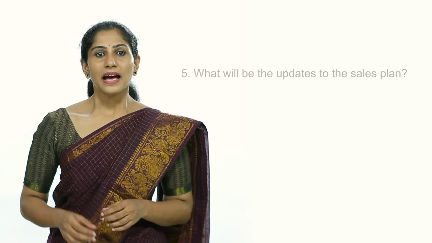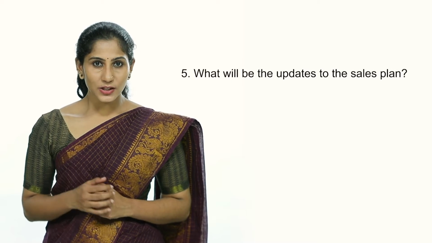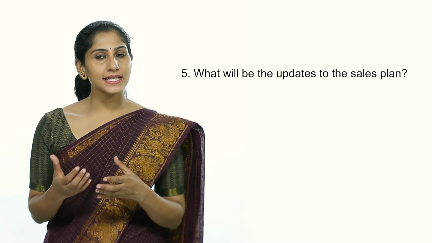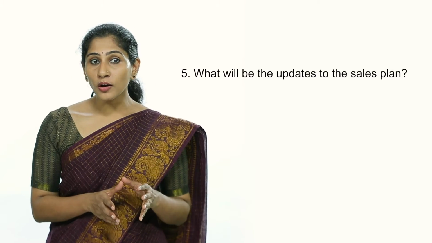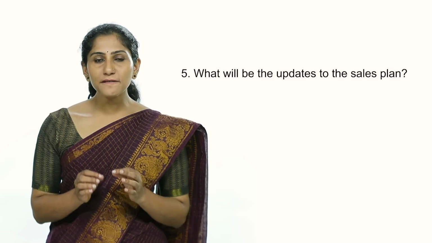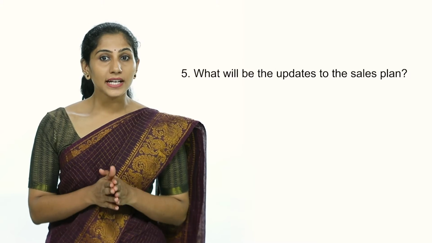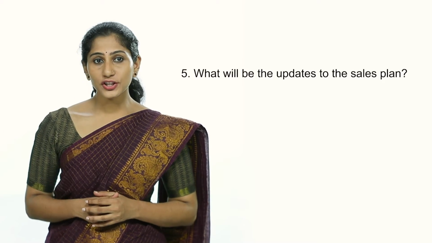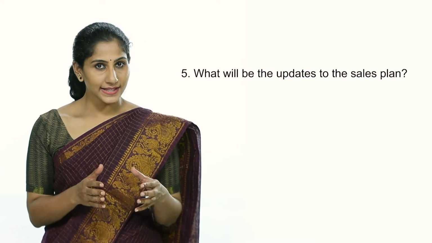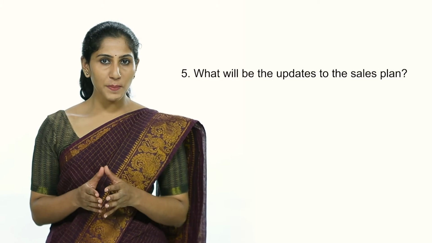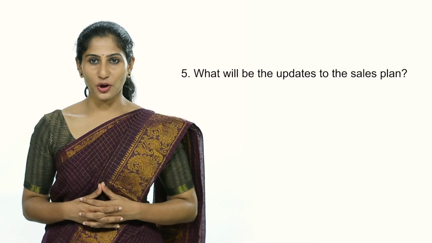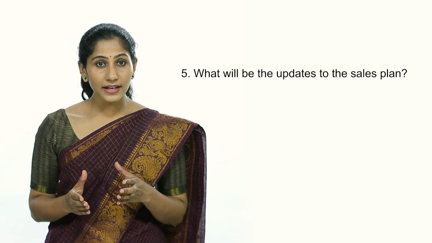The final question in this section is, an entrepreneur prepares a sales plan to break down the forecasted sales volume number into small and manageable targets for every month and every week. Ramu thinks there will be no major change in the sales plan for the existing shop. He decides to prepare a new sales plan for the new shop. He plans to keep the target modest in the first 2 months. Here, we conclude the marketing and sales section of the growth plan.